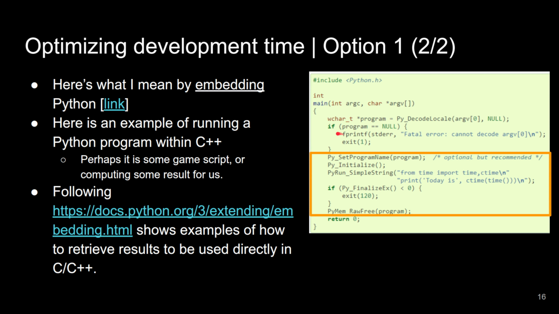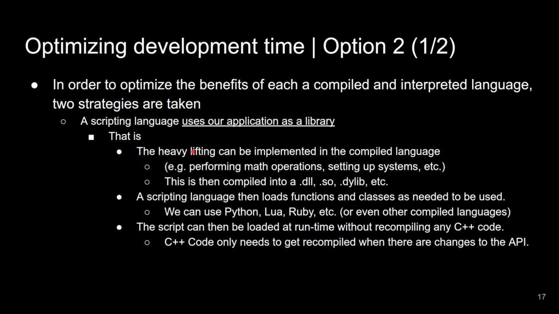And then C++ and Python are able to communicate through this API, and thus you can use the scripting language to do things that you want to do in Python, and then capture that information or the output in your C++ application and so on. Okay, so this is a really cool idea, and we're going to actually see it in practice in a few moments.